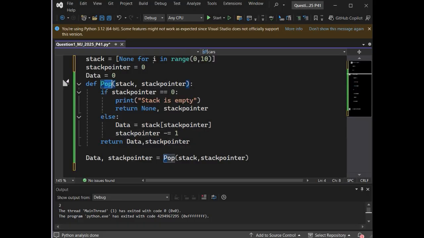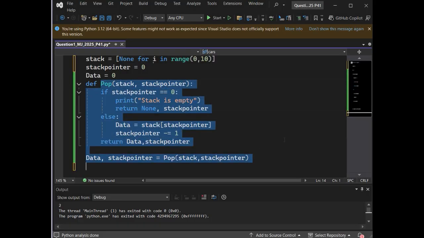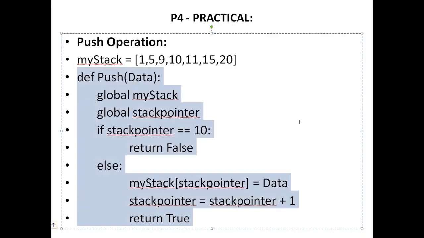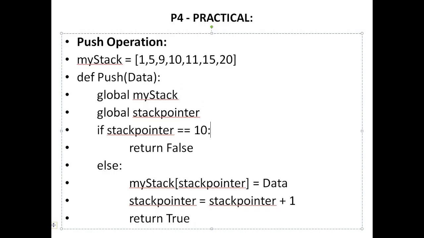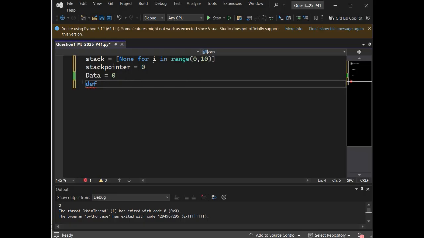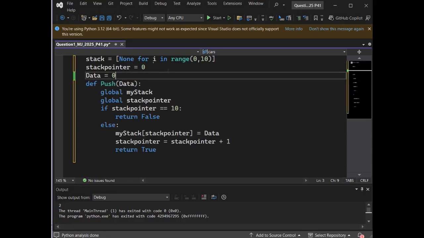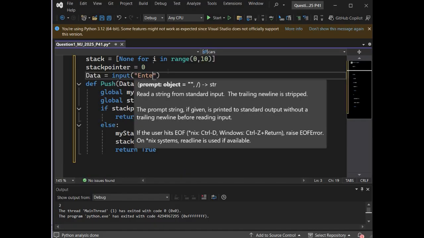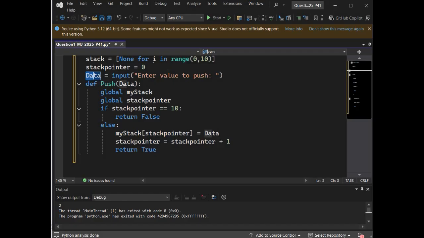Now this is a refined code that we can use. I just have it in my slide, so I'm just going to copy paste it from over here. Now before this I should really input something like enter value to push, and then this value will be stored in data.